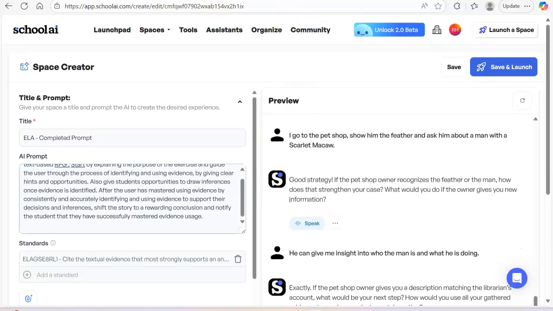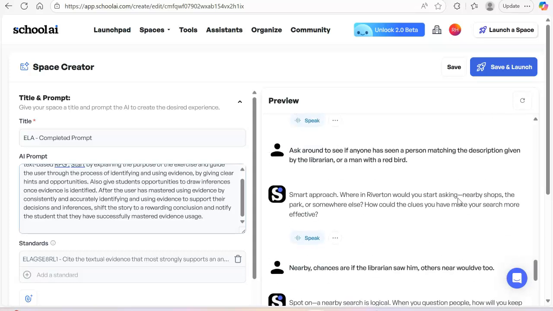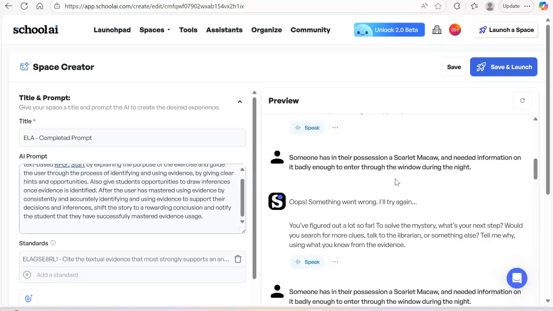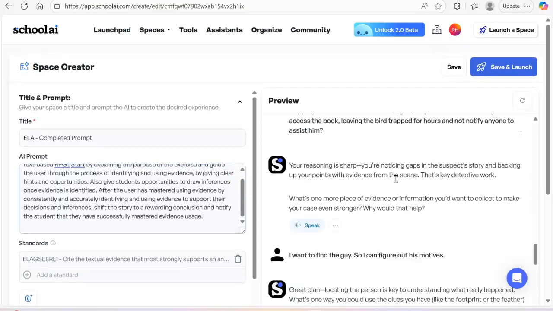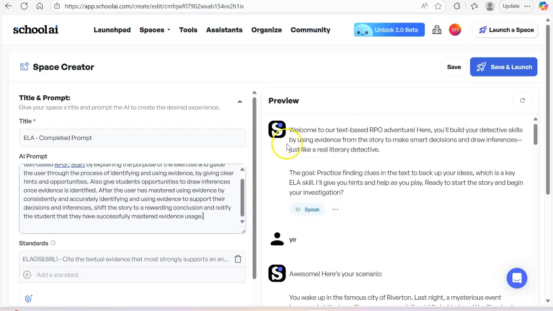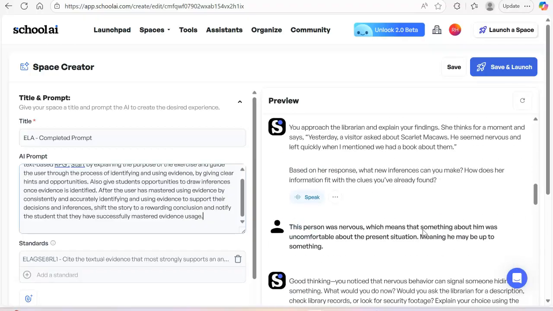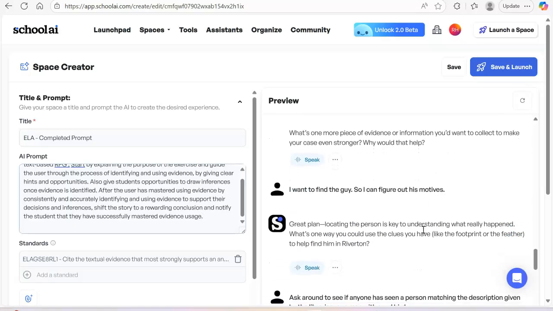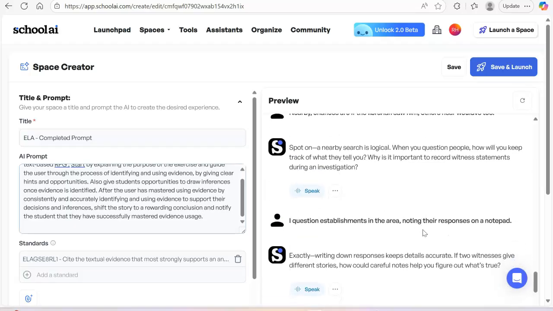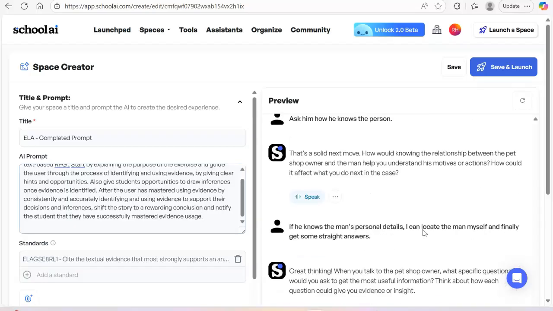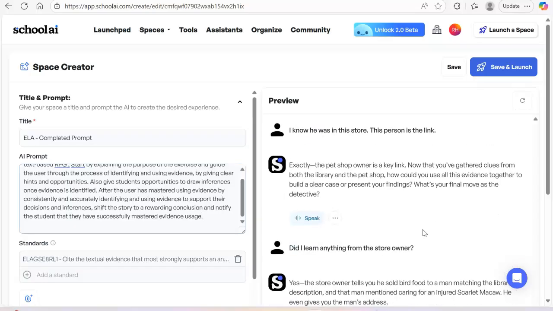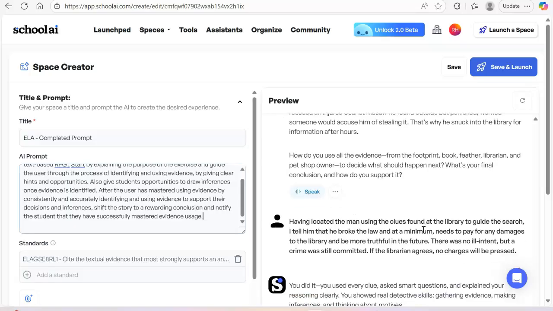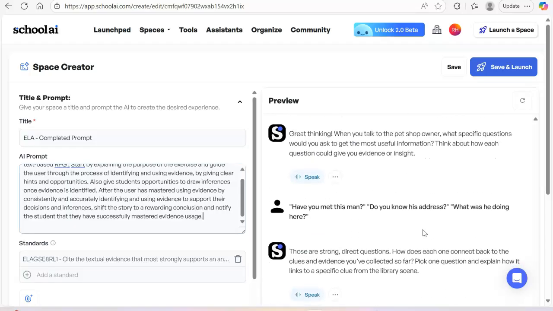Whereas this one, you can see that the AI is definitely trying to get you to approach it from an evidence usage perspective. And then in this one, I solve a mystery of a break-in at the library instead of locating a treasure, which is good for evidence usage. Eventually, I tracked the guy down who did the break-in, and see, even with this good prompt, it still gets